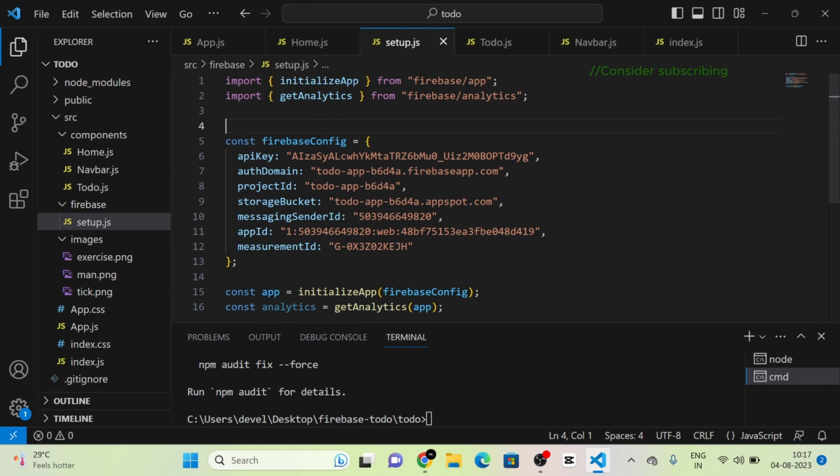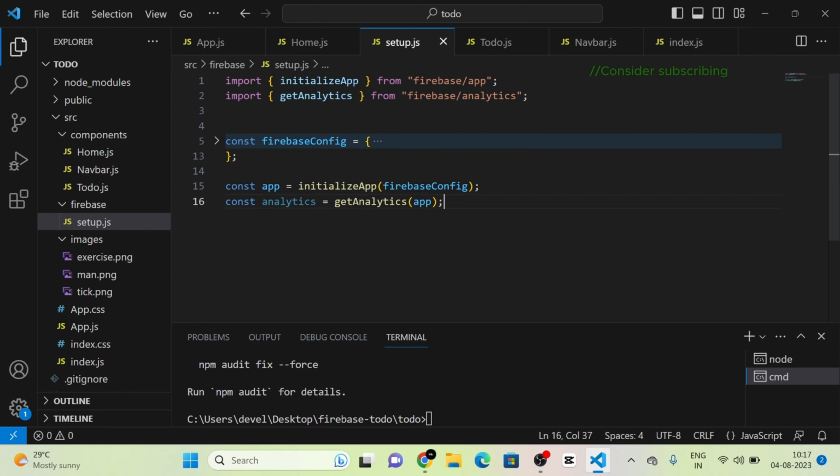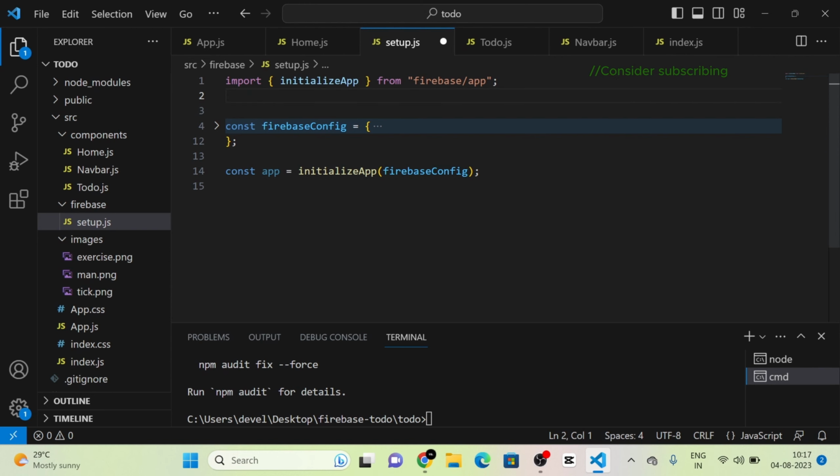So you can see that first of all, there is a Firebase config section. Actually, we don't want to bring any changes to this Firebase config section. Here is the API key, auth domain, project ID, app ID, etc. We don't want to bring any changes, so I am going to just minimize that area. Next, you can see that there is an analytics section also. We are not going to use analytics in this project, so I am going to remove this analytics section also. Now you can see that they have initialized the Firebase app by importing initializeApp